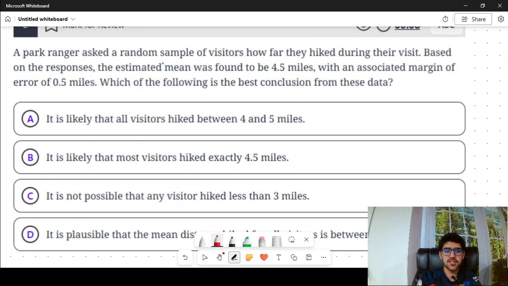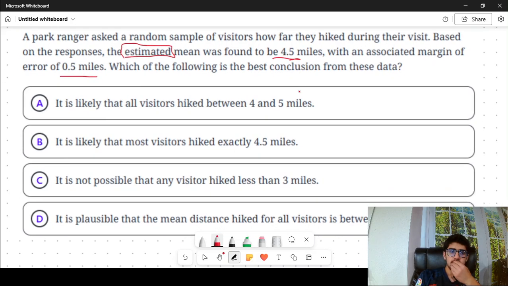This one says that a park ranger asked a random sample of visitors how far they hiked during their visit. The estimated mean was found to be 4.5 miles. So just note that it's estimated. It might not be important. It might be. With an associated margin of error of 0.5 miles. Which of the following is the best conclusion from these data? So this one, let's first just read them one by one and see which one